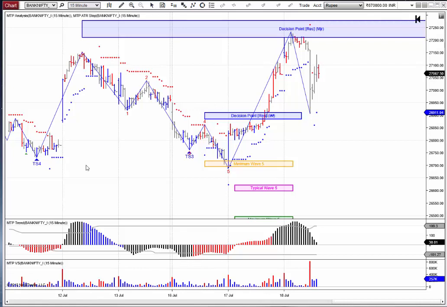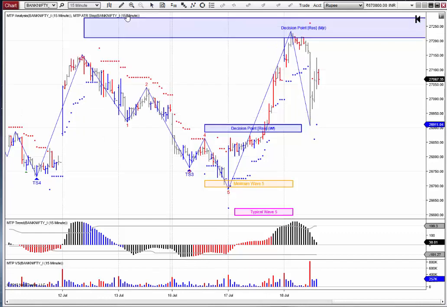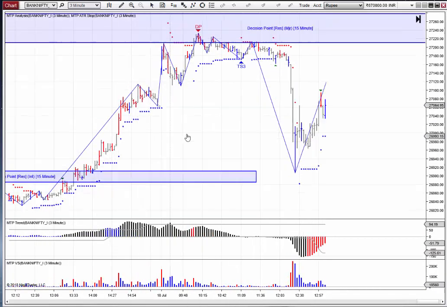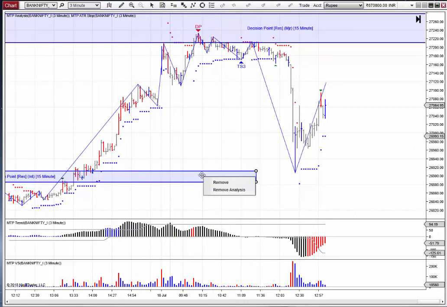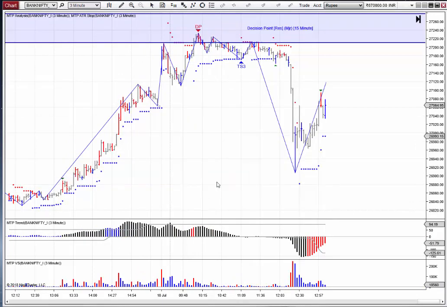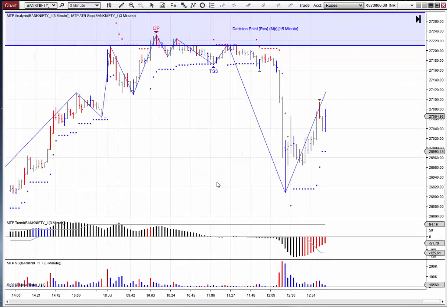Okay, let's now move down to the shorter time frame chart to see whether we get any trade setups at this higher time frame resistance. So remember, that would have been there in advance, preparing you ready for potential resistance today. So if we now go down to the shorter time frame chart, let's see what the market did today. I'll just take that lower DP off the chart so it doesn't confuse us. But you can see this is what happened today. The market went up,